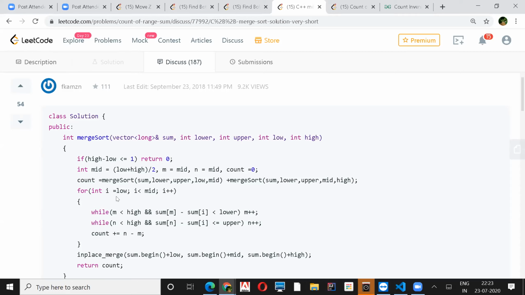Middle means what? It's a midpoint, right? Yeah, M. If you look at the while loop, M is the middle, right? Yeah, mid. It starts with middle. M and N both start with middle, but actually, if you see the sum of the middle and the I, which starts with low to mid, so it starts with the left side of that array. If it is lesser, then it keeps on incrementing. So I didn't understand why they are doing all that stuff.